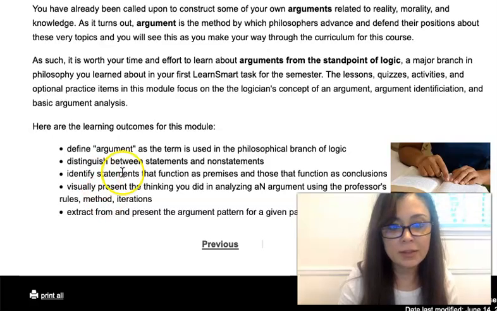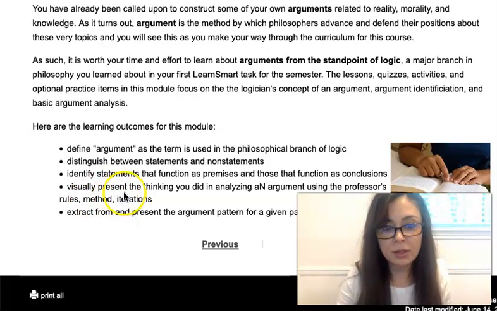Okay, so you'll identify statements that function as a premise and those that function as conclusions. Visually, you'll also learn to visually present the thinking you do or did